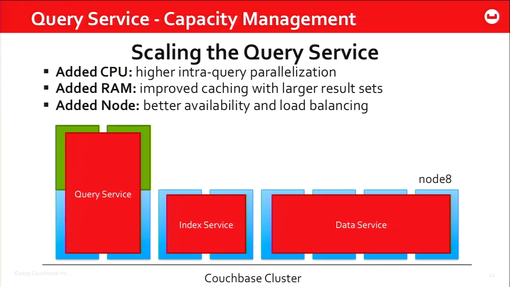You could also do this. The previous topology is perfectly possible. You can do that. But we think in terms of being able to isolate and control things, this topology will work better if you're sensitive to latencies. In this topology, you get two things. One of them is you dedicate specific machines that are going to run the query service. The other option you get is to pick a different type of hardware